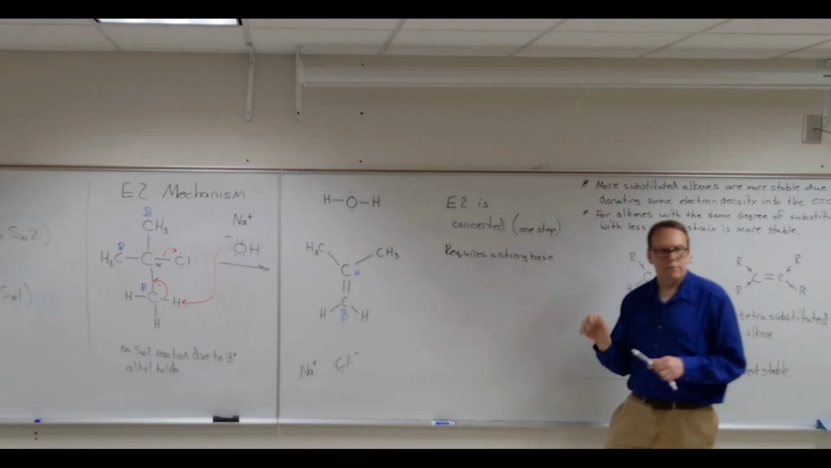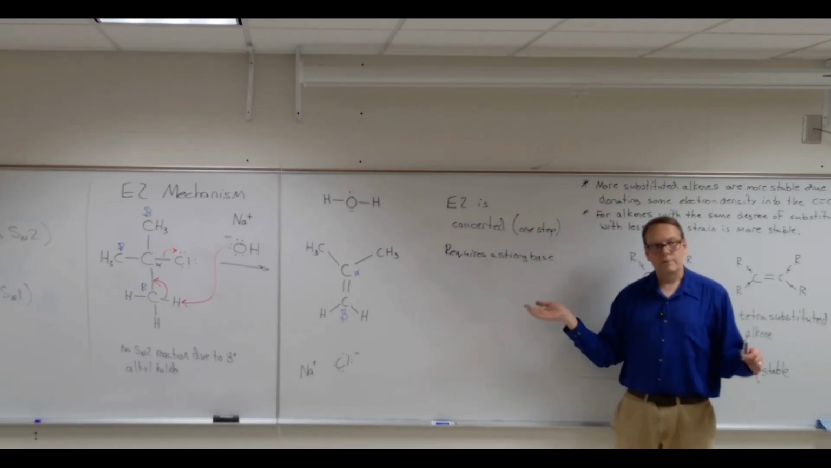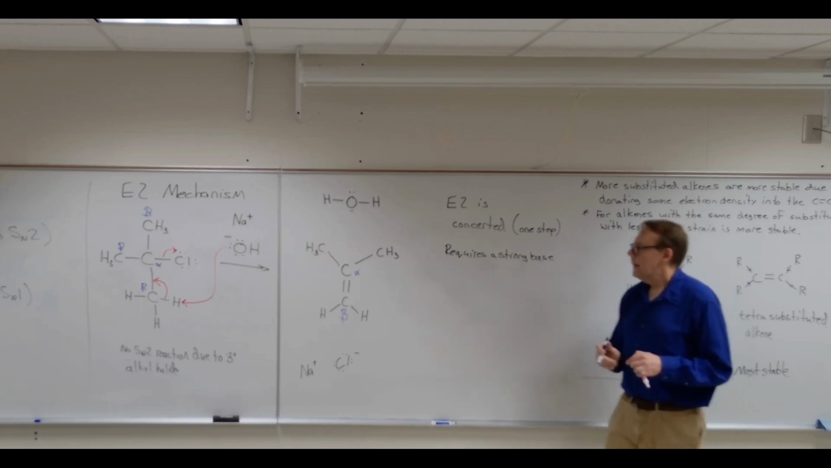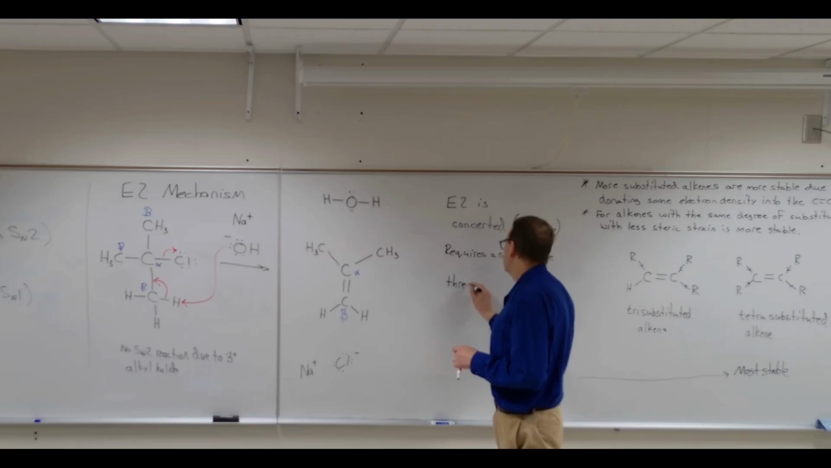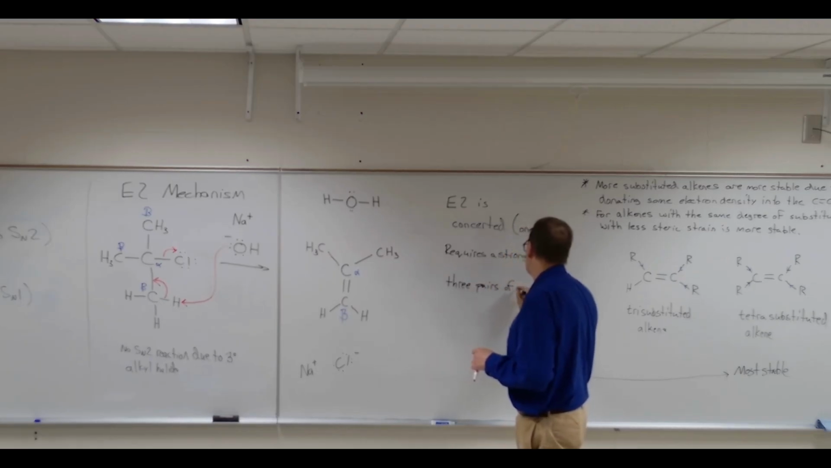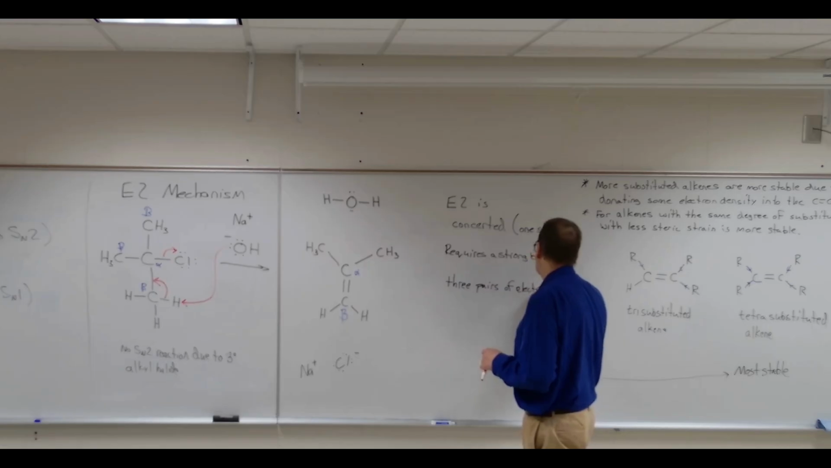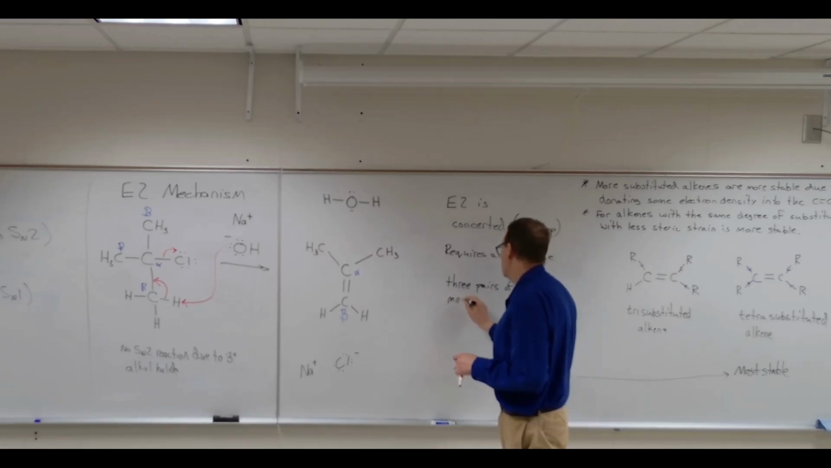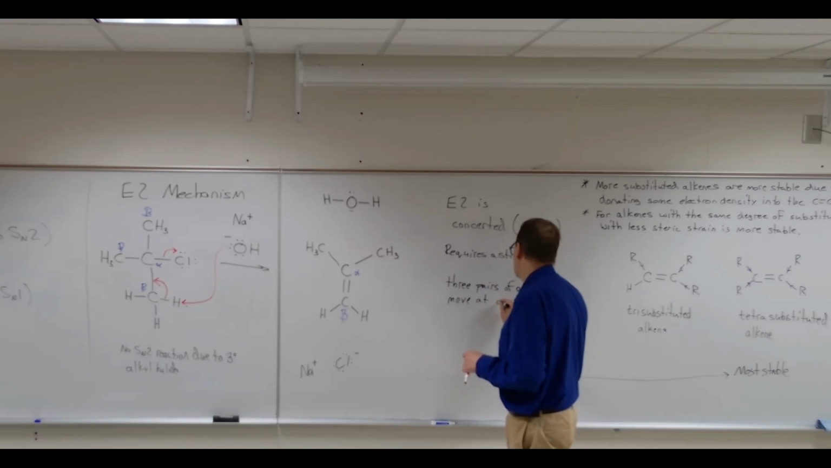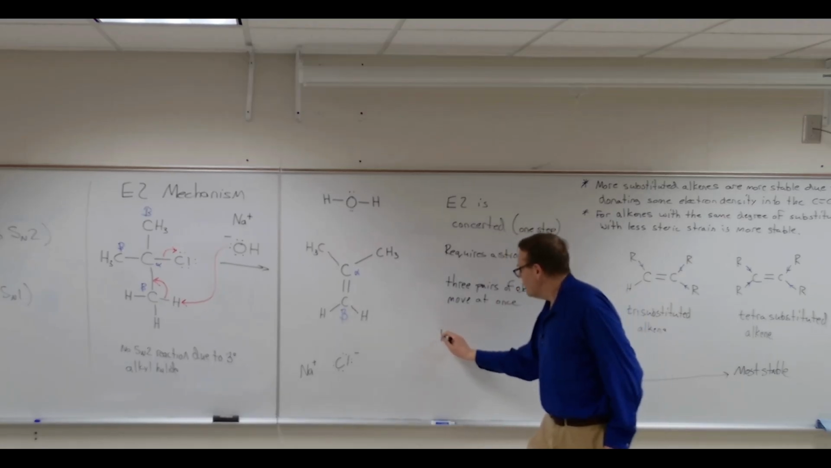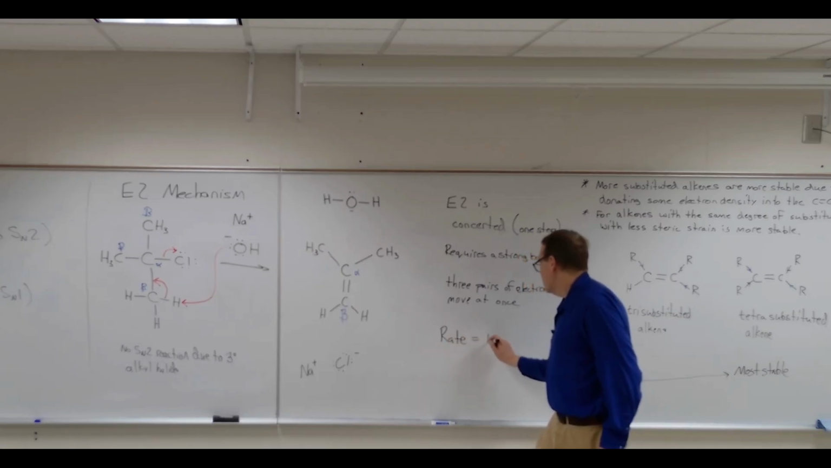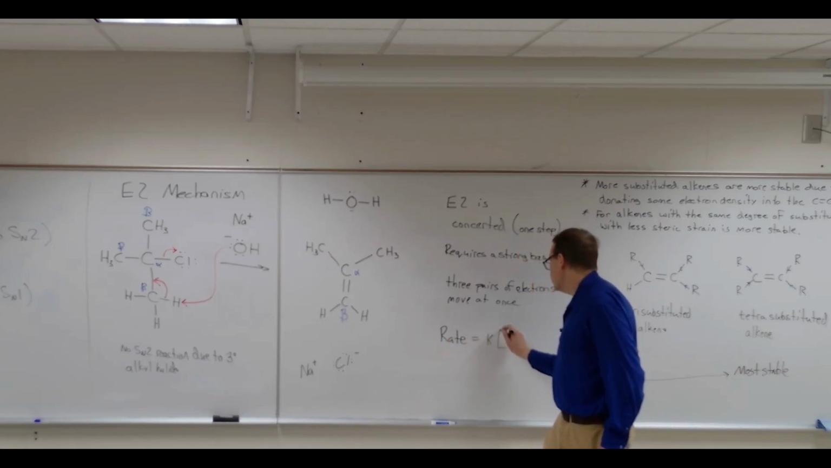Because the base is getting involved in the rate determining step. There's only one step, so that's the rate determining step. And 3 pairs of electrons move at once. Another thing about this is the rate of this reaction is equal to a rate constant K times the concentration